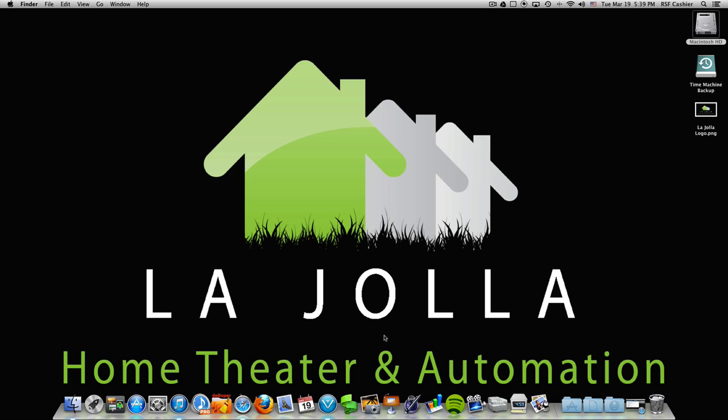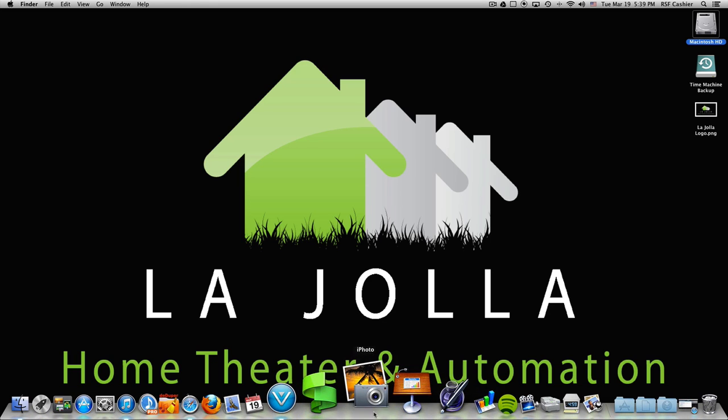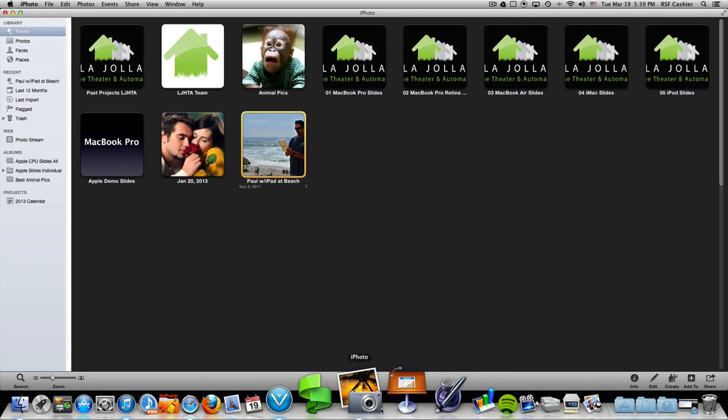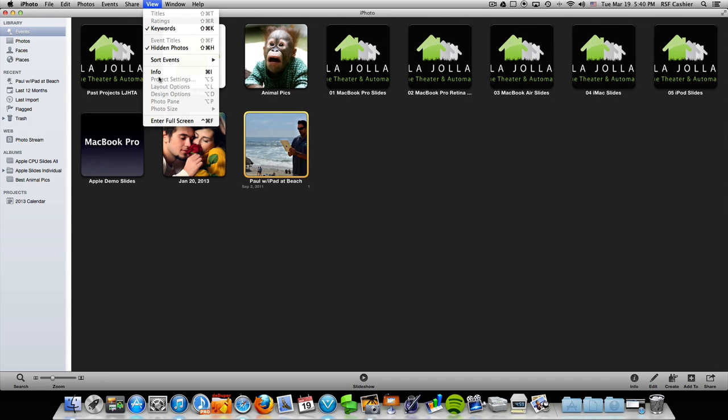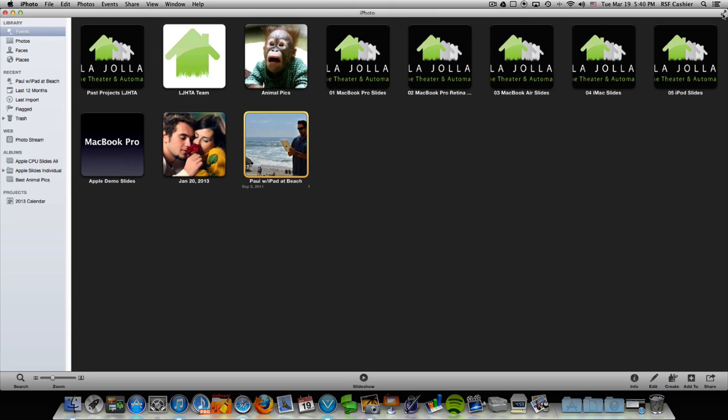So without further ado, let's dive into iPhoto editing. Alright, so first thing we want to do is open up iPhoto. And anytime I'm working with iPhoto, I prefer to work full screen, so we're going to move into full screen mode. The way to get into full screen mode is through the very top right of iPhoto. There's a couple of arrows that are moving away from each other in a diagonal position. You want to click on those, or you can go to View, Enter Full Screen. For right now, I'm going to click these two little arrows moving diagonally in the top right,